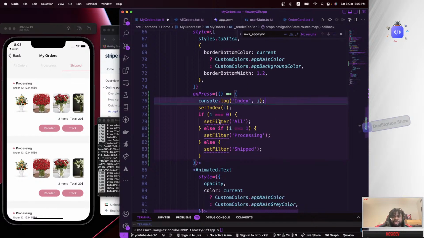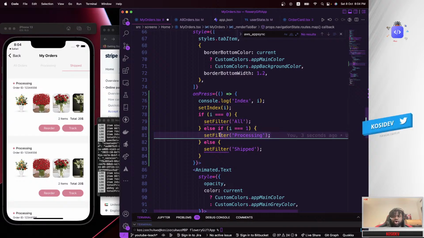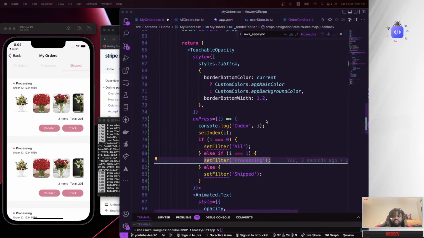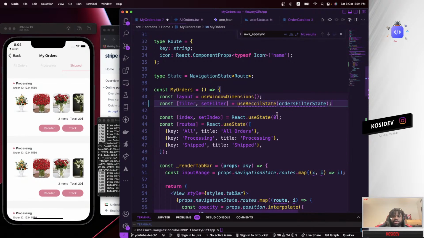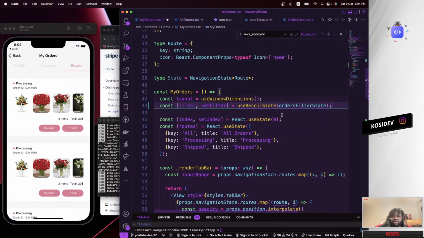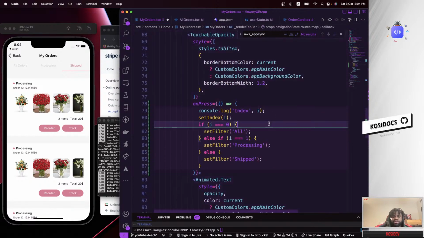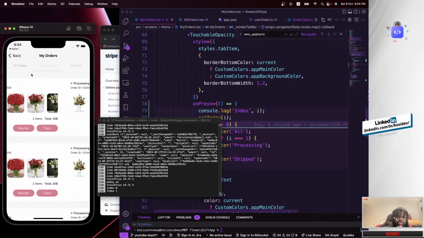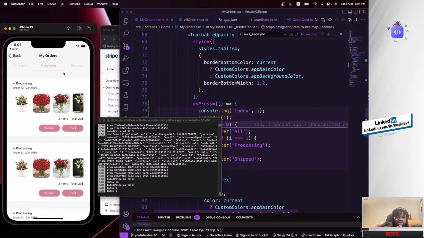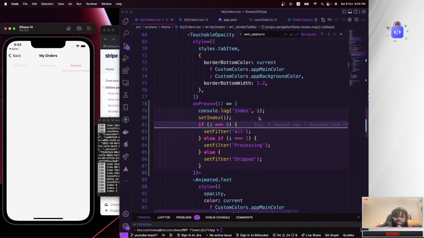So here are the changes. Whenever something changes, it calls set filter, and this just updates our record state. And our record state, we need to bring it in. So bring in our record state right here, and there we go. Go ahead and import whatever we have right here, and that error is fixed. If you save this right now and tap over here, you see it's been updated. Index is 0, so we are seeing this. Index is 1, processing, and index is 2, that's basically shipped.